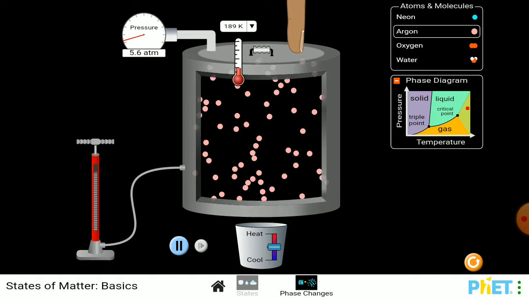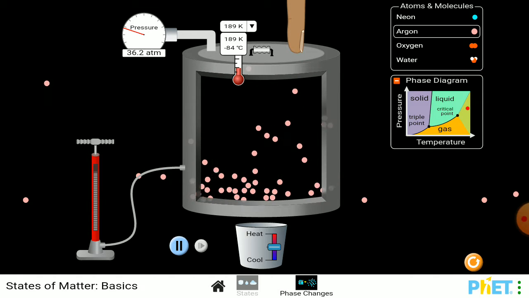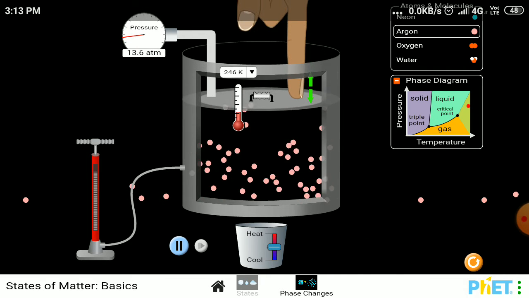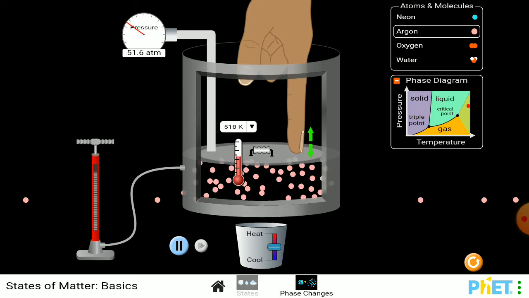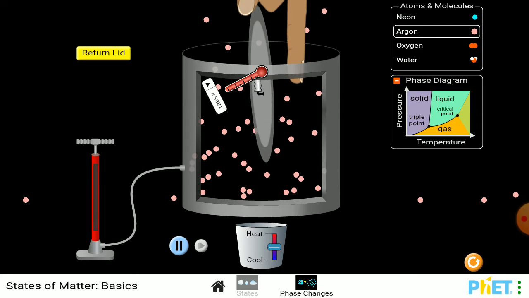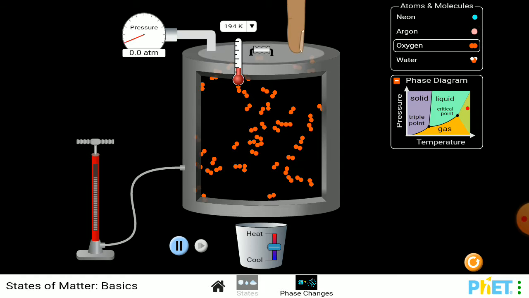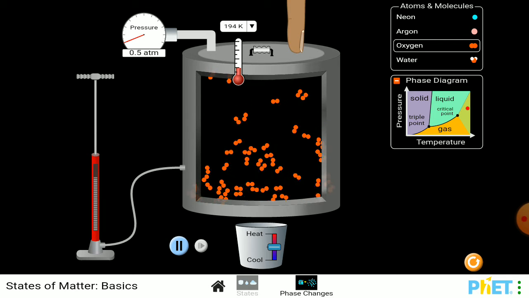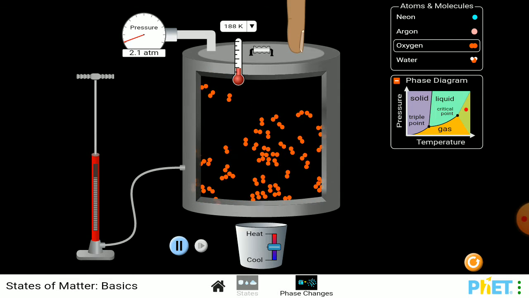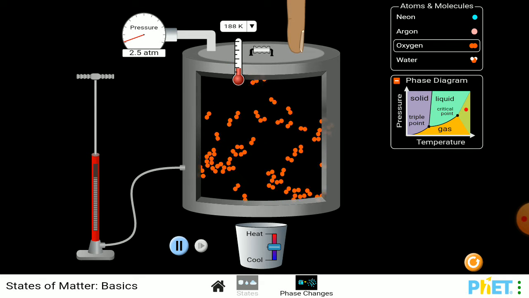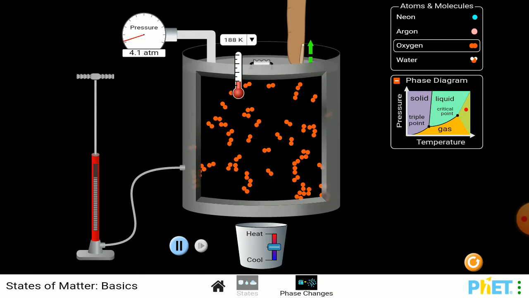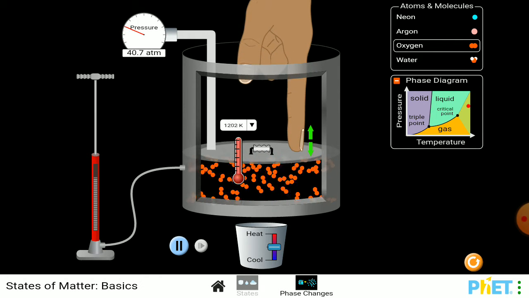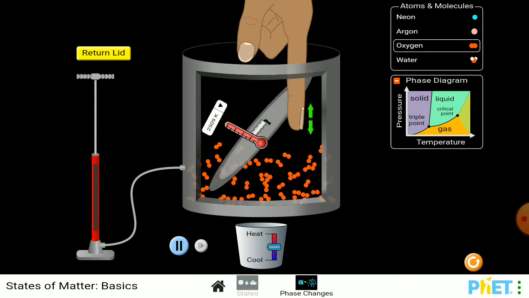Now let us observe argon. The argon's temperature is 189 Kelvin, that is minus 84 degrees Celsius. See, this will go down, this is going down, and at the end this will also break, and the pressure is at overload. When the overload happens, this breaks. In oxygen, what happens? The pressure is already 0.5 atm. I have raised it to 2.6-something atm. So now I am increasing the pressure, and when it overloads, see, overload, and that has gone.